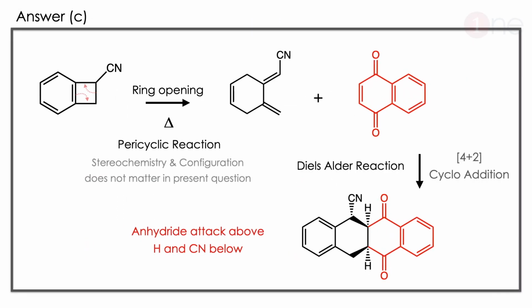The answer is very simple. It is C. Because the starting material is a cyanide with a cyclobutane ring, the ring strain forces the reaction to happen in the thermal form. The ring is opening. So an exo-diene is formed, which is a kind of Diels-Alder reactant with cyanide.